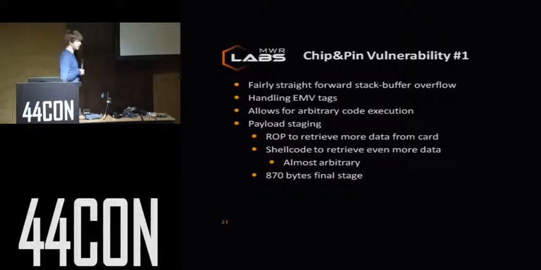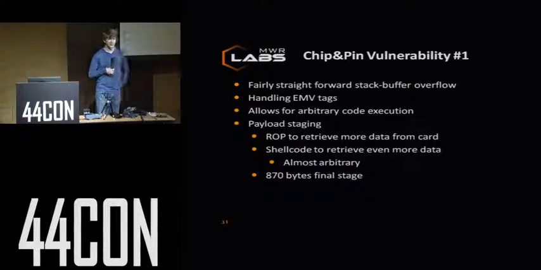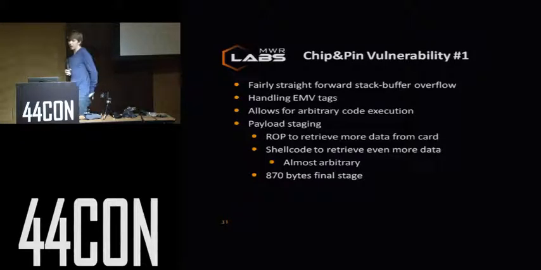Because of the limitations of the EMV data structures, especially the length limitations, we had to have multiple stages. First one was using return-oriented programming to retrieve more data from the card. This data we can then execute, and then we can basically repeat getting more data from the card to build our final payload, and basically have an indefinite amount of